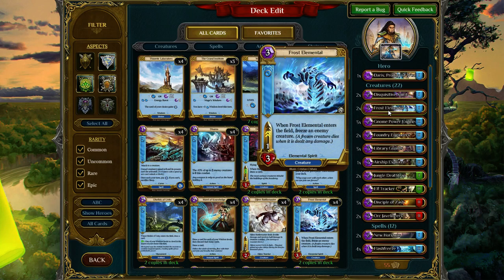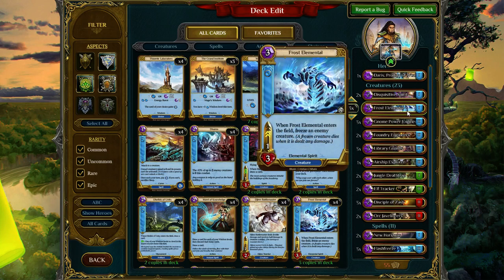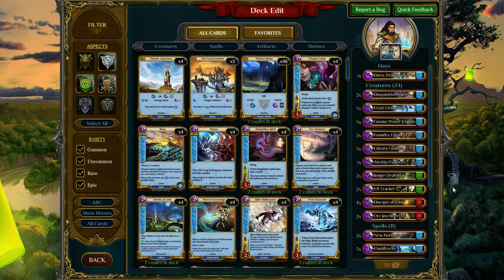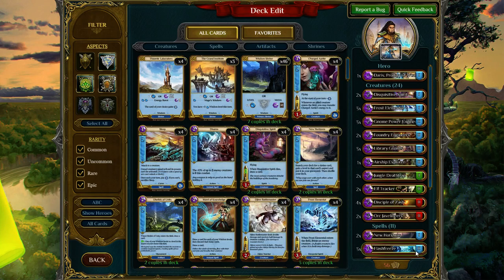So what I'm going to recommend, and this is fine if you don't have the 3rd Frost Elemental, is you go down to 3 Flash Freeze and up to 3 Frost Elementals. I really like having both of these cards in the deck because of the synergy with Disciple of Zash, which primarily I would bump up to 4, just because of the synergy with the freezing effects, and